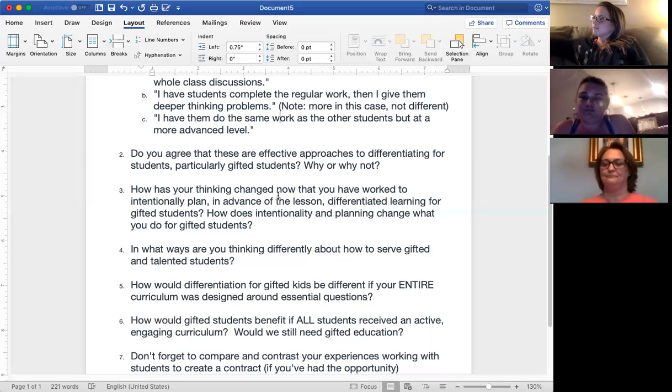I found with my gifted kid in my class, I have several gifted students, but this one kid, I really think he's truly gifted. He meets a lot of the criteria that we've learned about, and he catches on to things very quickly. He has a really good mind. But for him, once I give him a task and he knows it's different, he takes it and runs with it. They thrive on it. So the more that I do that, I feel like the more I'm actually pushing him, and really it's less me pushing him and more of him pushing himself. Which I think is awesome.